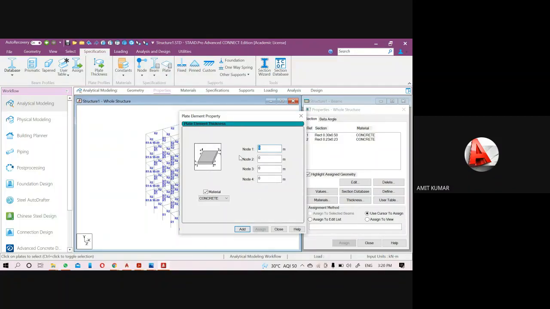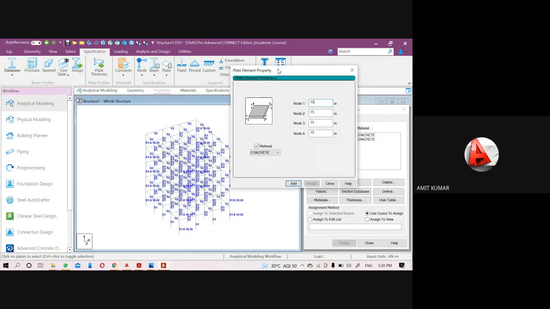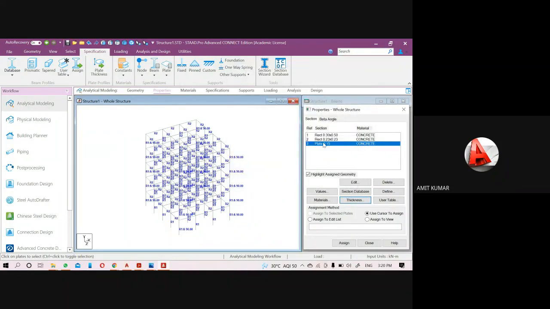So if your slab is of a universal thickness, that means we can say all 4 corners has equal thickness. So just provide the same value. So if it is of 150 mm, then I will provide the value 0.15 because the unit is in the meter. If each corner has different thickness, you can change the thickness according to those values. Okay. Next thing will be assignment of these values.